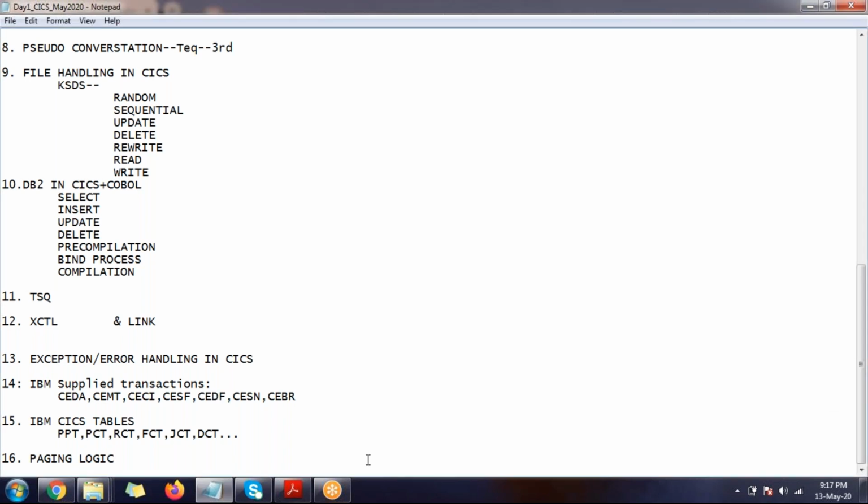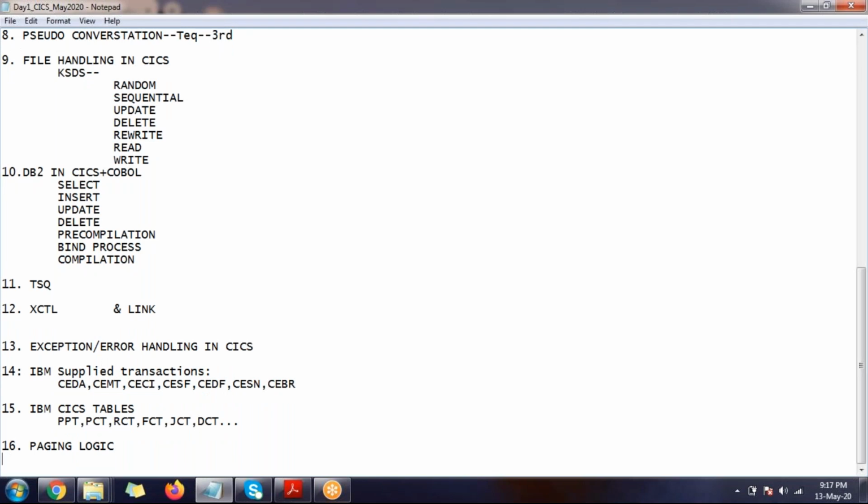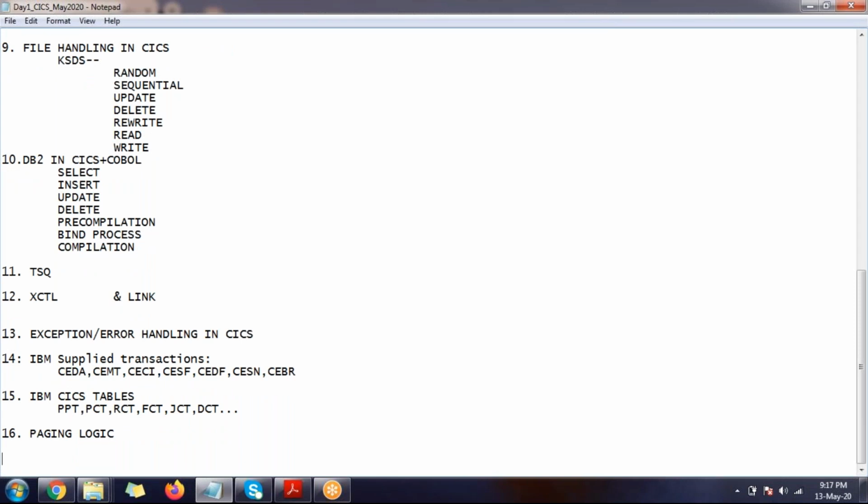Okay, team. So in order to complete all these topics... Yes, Venkat, I have one question for you. Go ahead, please. Is there any relation between Rex tool and CICS transactions? In my training, we don't discuss it. It might be there, not sure, but we are not going to cover it. Okay, fine. Thank you.